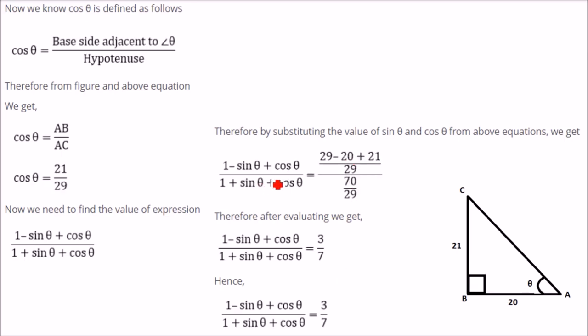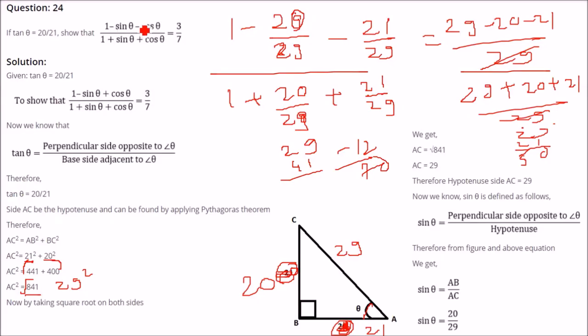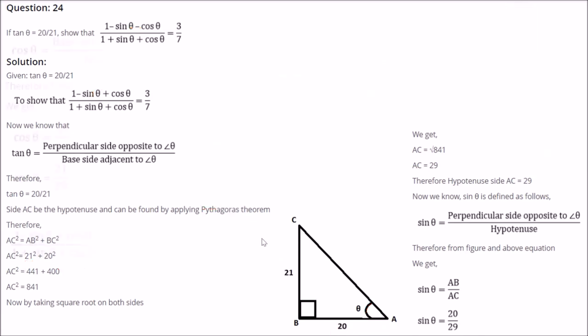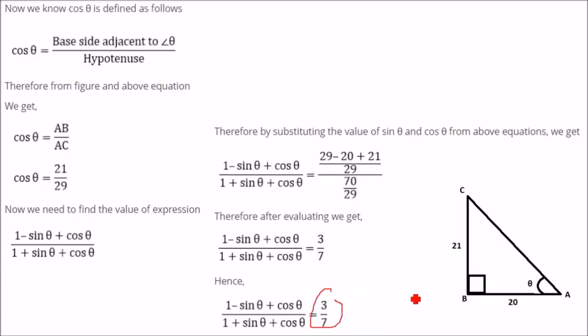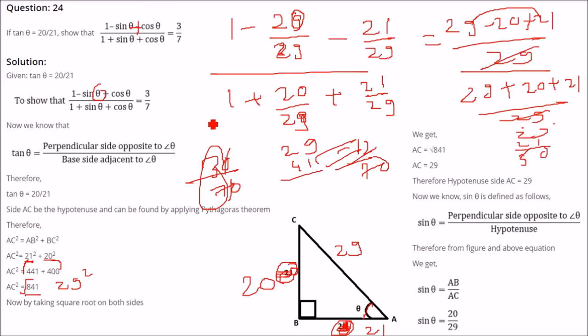Okay, this is plus. There is a slight change I'm going to make. This is plus. This is plus. So the value will change. So let me make it plus. So the denominator will be 70. And this will be 29 minus 20 plus 21. So 29 plus 21 is 50. 50 minus 20 is 30. 0 and 0 cancel. You get 3 by 7. Now let me just tell you that in this solution, this is plus. So I have just changed this to plus.